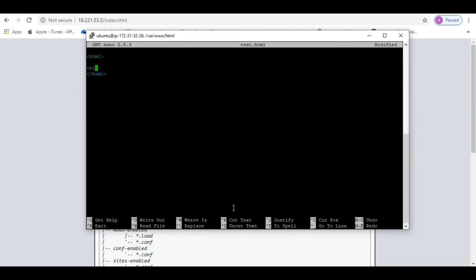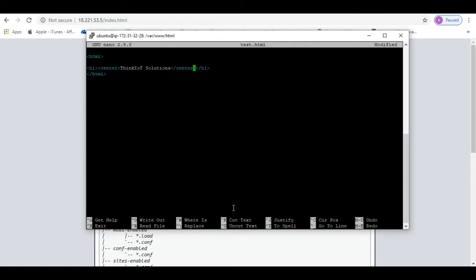I'll start the heading h1, and then write Think IoT solutions, which will come as the heading, and then close this tag. I want this heading to come at the center, so I'll use a tag called center, and then close this center tag here as well.